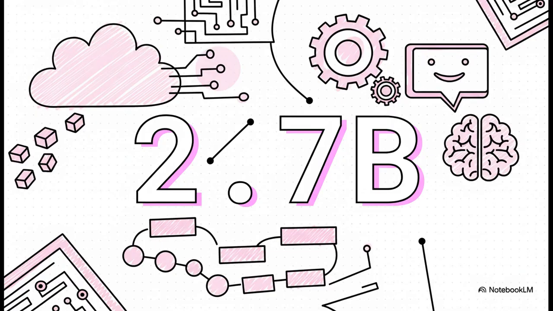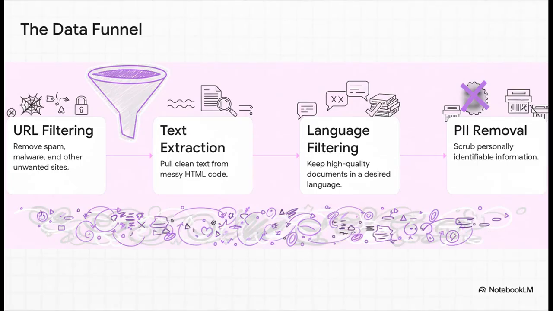Okay, so everything, and I mean everything, starts with data, a truly colossal amount of it. The journey begins by just scraping huge, huge portions of the public internet. To give you a sense of scale, a common starting point is a data set like Common Crawl, which has indexed over 2.7 billion individual web pages. But you can imagine, the raw internet is, well, it's a mess.